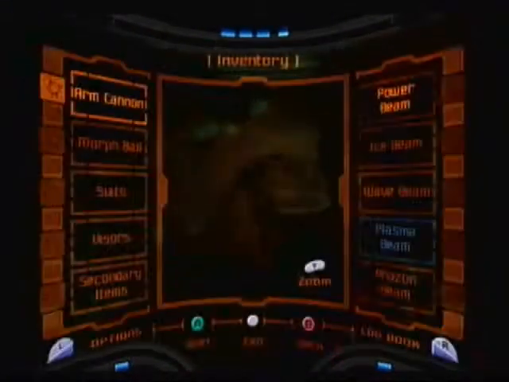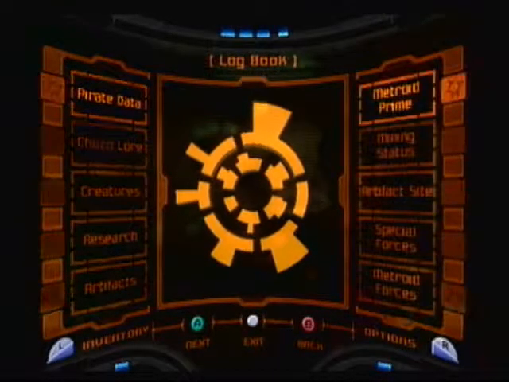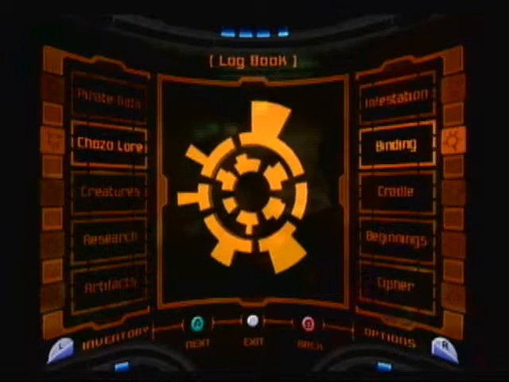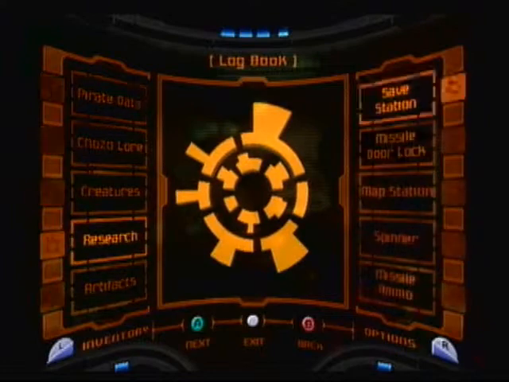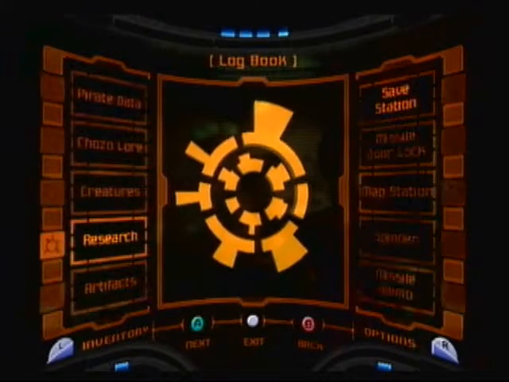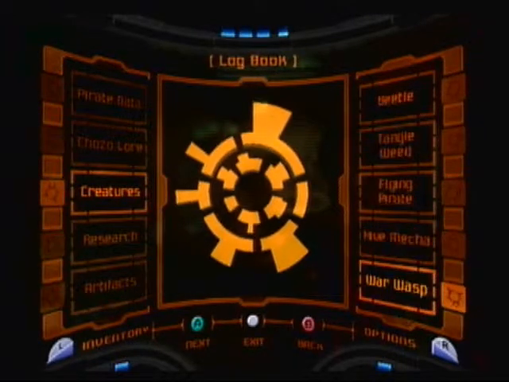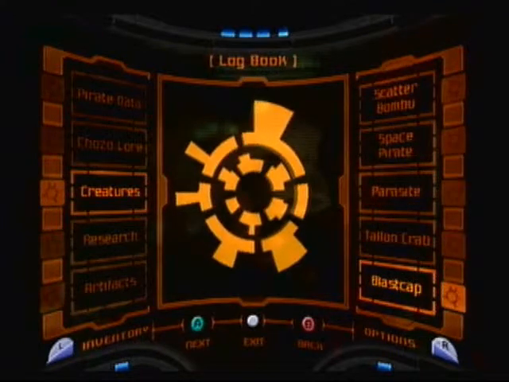Next, I want to mention that over the course of my OCD scanning throughout the game, I've managed to gather every single pirate data entry in the logbook, every single Chozo lore entry, and every single research entry. There's not that many research entries. As well as, of course, all the artifacts. Now, the creatures entries, there are 5 that I can think of that we would find in the final areas of the game. But I'm missing